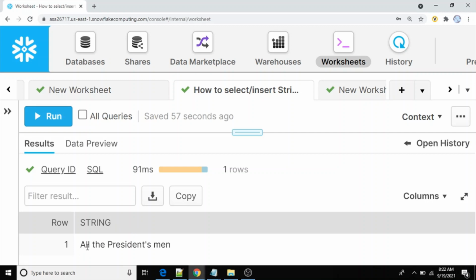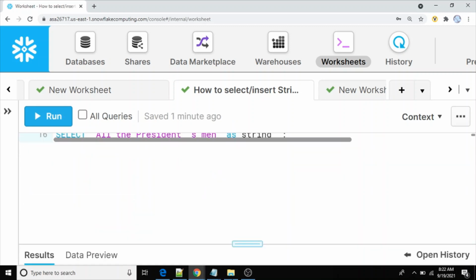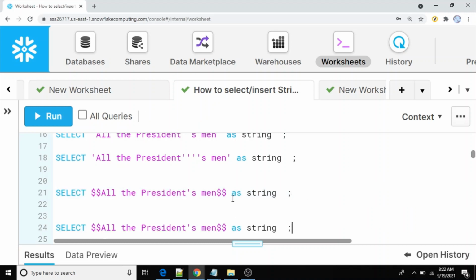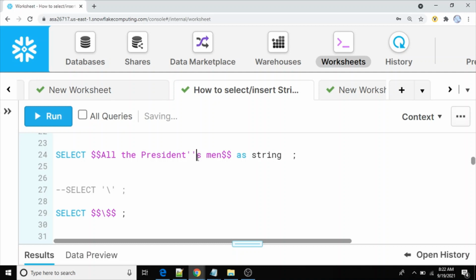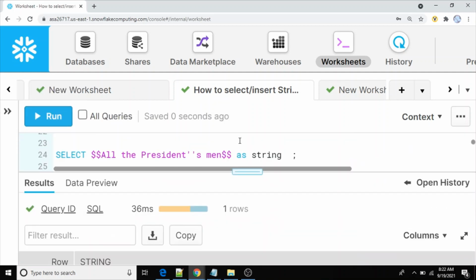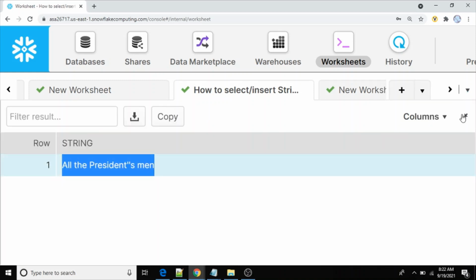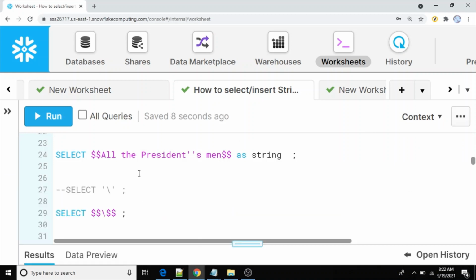So we got all the presidents men. If you want two as part of your string, you just put them, that's all, simple. Whatever special characters you want, you can keep as part of your string. So this is how we are going to use it for the single quote special character.